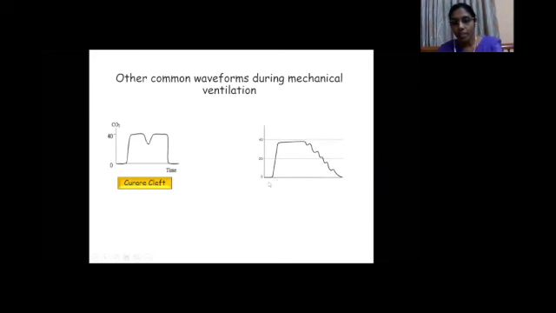And in this trace, yes, the baseline, upstroke and early part of the plateau phase are okay, but in the later half, the last 25% of the plateau phase, we see some to and fro movements. These are not pathological. These are called cardiogenic oscillations. We mostly observe this when the respiratory rate is low, and it is caused by the mechanical movement of the heart, that is, the contraction and relaxation activity of the heart getting transmitted to the alveoli abutting the heart, causing a slight to and fro movement of air into and out of the alveoli. This is not pathological, it is a physiological waveform only.